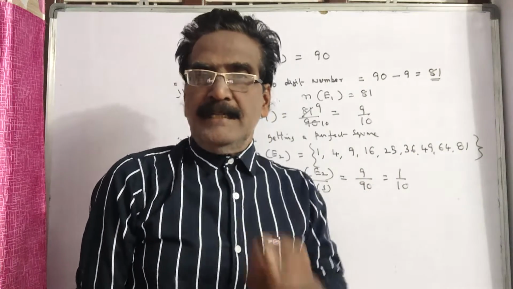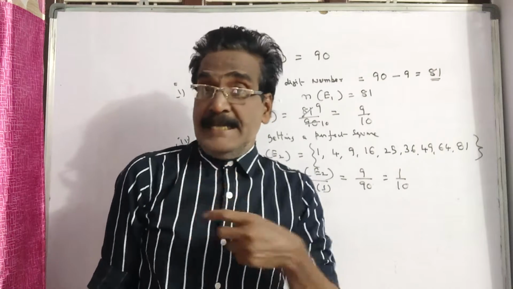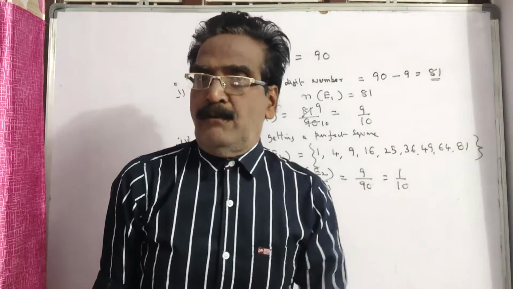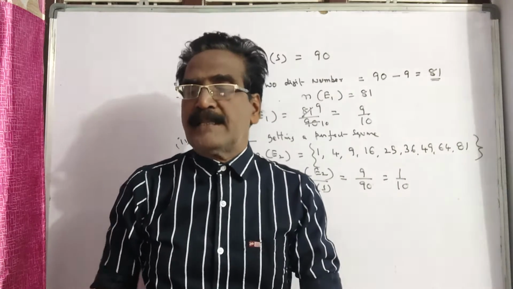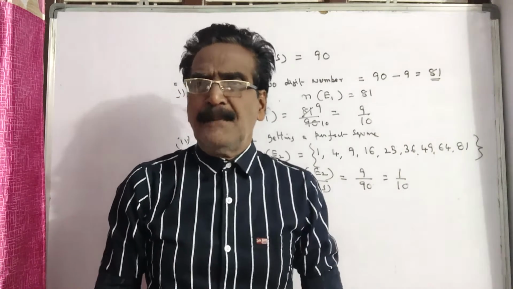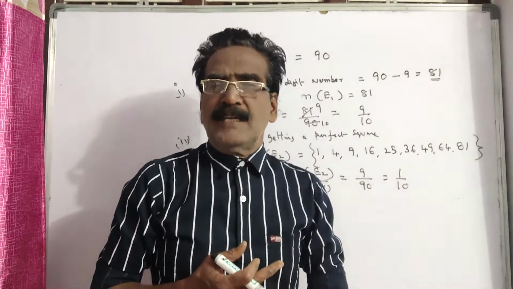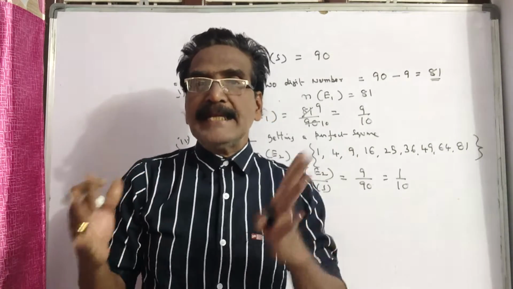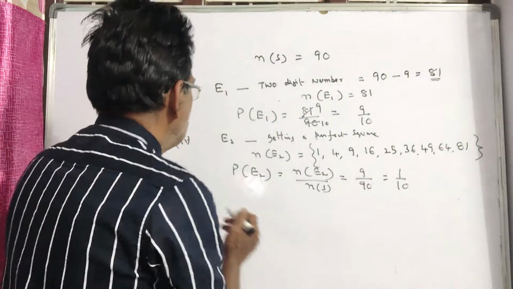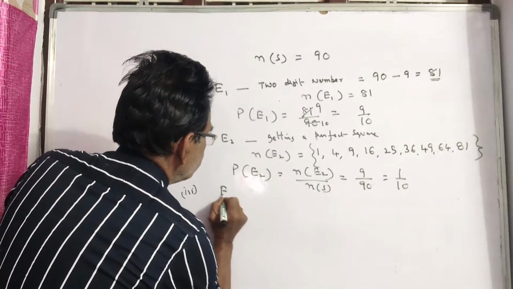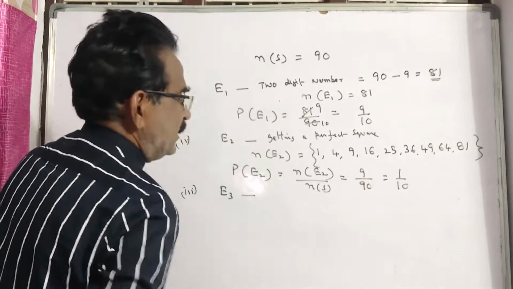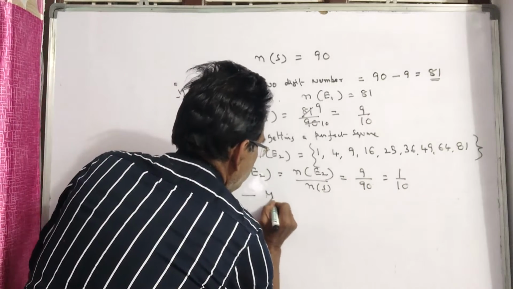And the third question, the number is divisible by 5. That is a multiple of 5. How many multiples of 5 are there from 1 to 90? That is simple. 18 fives are 90. So you will have 18 multiples of 5. So let E3 be the event of a multiple of 5,